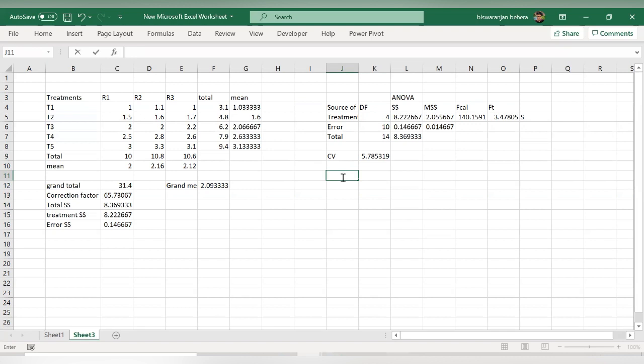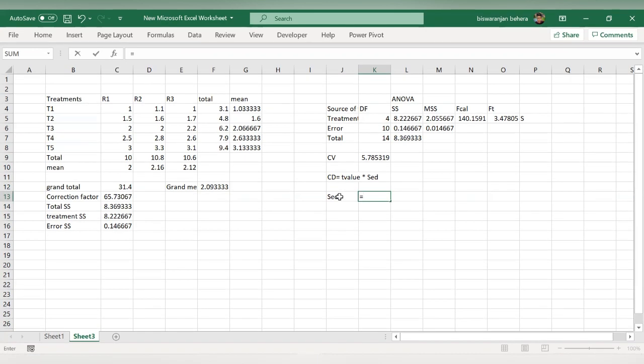The critical difference is equal to t value multiplied by standard error of deviation. So for the critical difference we have to know the t value and the SED value. First we will calculate the SED value, which is equal to square root of 2 EMS divided by replication.